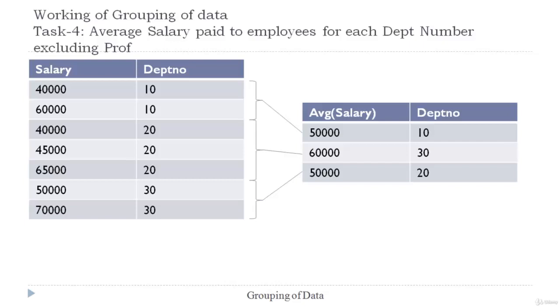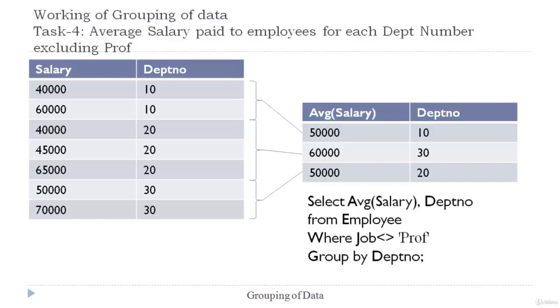In the same way, the first task will be to exclude the records of professors. Then grouping will be made on each department number. Then after making the grouping, instead of finding total salary, we have to find the average salary. So then the average function will be applied on each group as shown here. The query will be: select average salary, department number from employee where job is not equal to professor